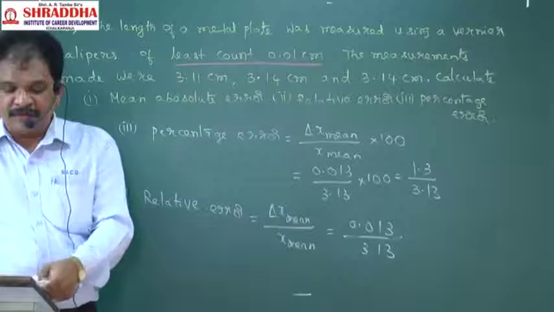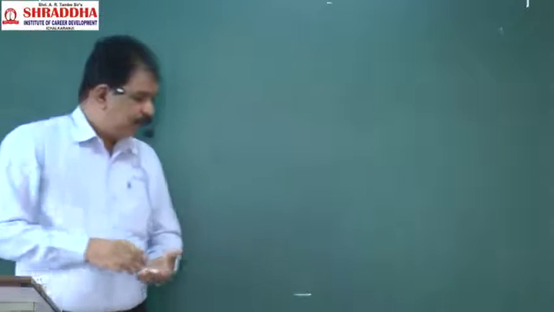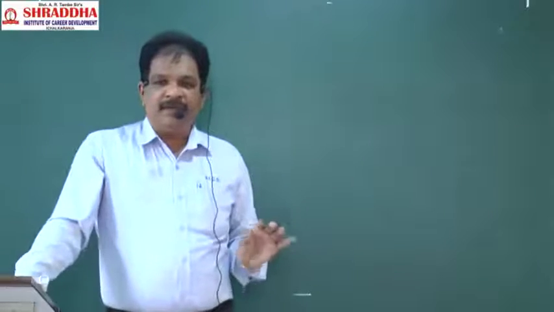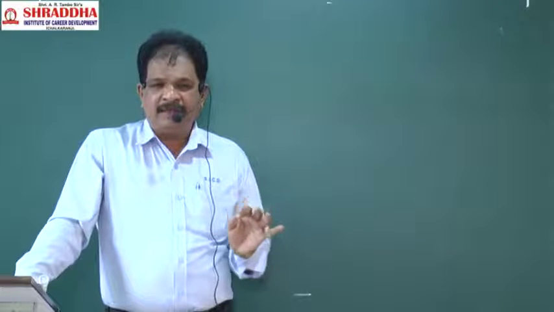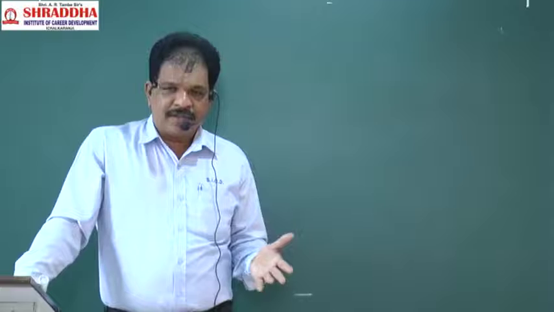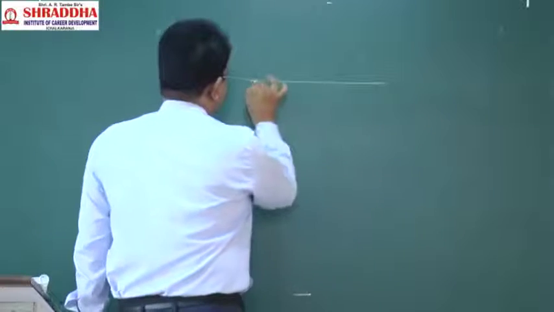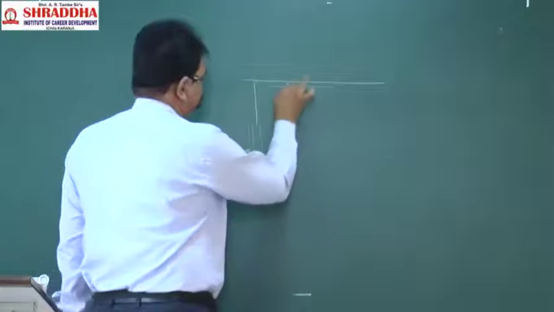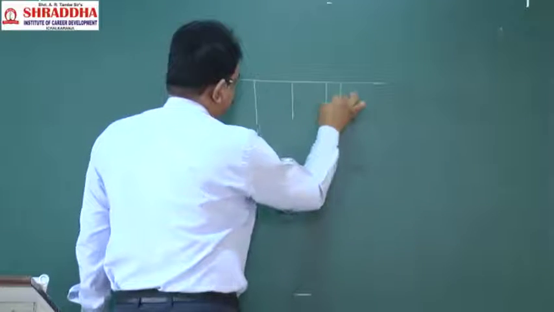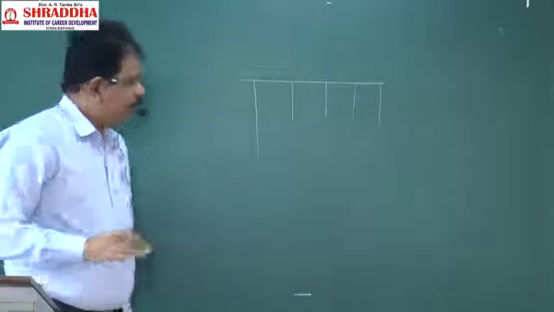Next, after finishing this, combination of the errors. So, why error is arising means, in every measurement there will always be some error. For example, this is a scale. Under microscopic observation, the lines are like this. For example, here 2.